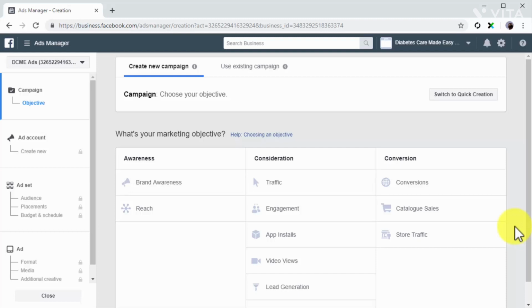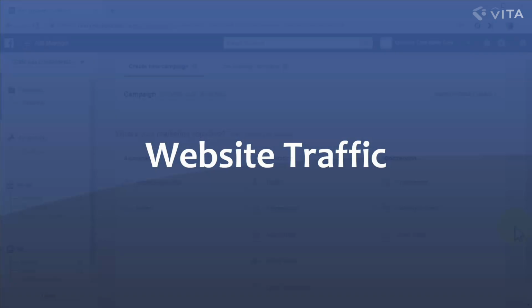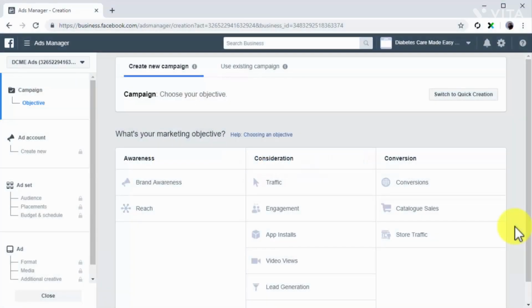You have to create all your remarketing campaigns on the campaign creation page in the Ads Manager. Ready to get started? Website traffic. All right, let's start off by creating a remarketing campaign to target website visitors. When selecting a marketing objective to retarget website visitors, it is important that you consider what actions you want them